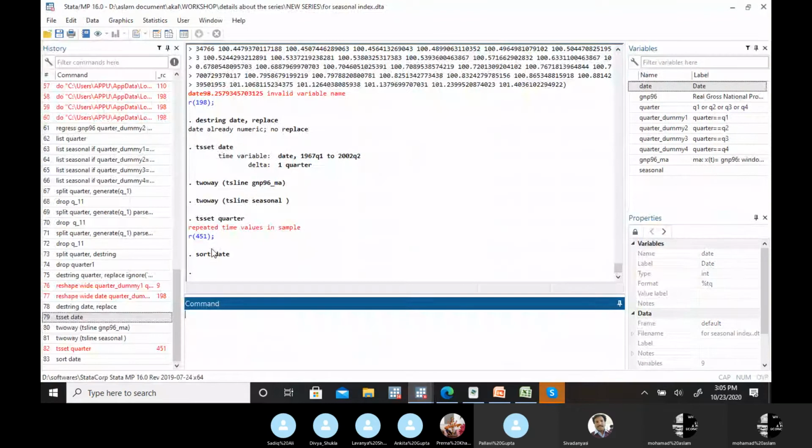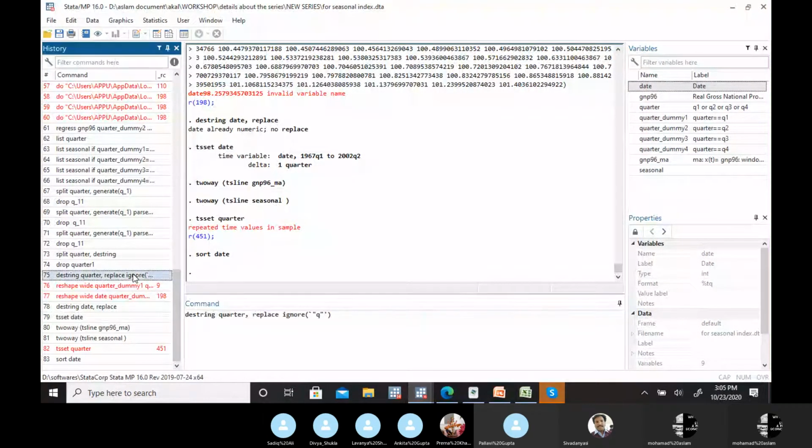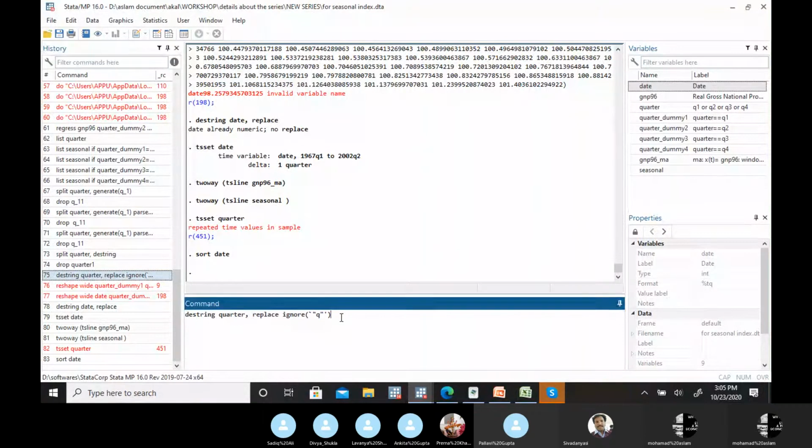So you have to apply this particular command. Is it visible, Sadiq sir? Destring quarter, comma, replace, then ignore, then this particular command.